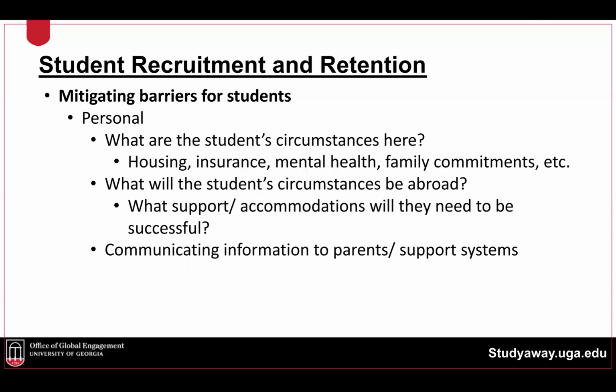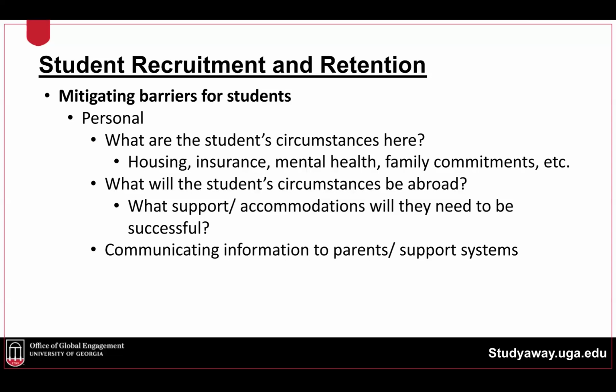And so I would say being attuned to that as a program director can be really helpful. Understanding, for example, what type of mental health services are available in your destination country. How is the health insurance that students get on UGA programs useful to a student with XYZ condition? If a student has specific family commitments, maybe they can't go on your semester-long program, but maybe in your college there's a week-long program over spring break that might be more accessible to them. So these are all things to be considering to help establish a relationship with your student, but also know where to guide them if a student does disclose to you that they're